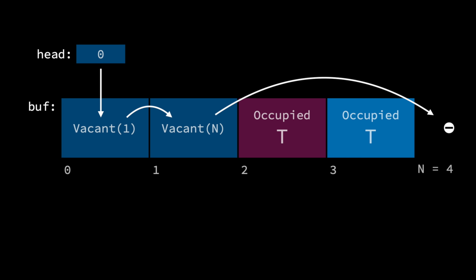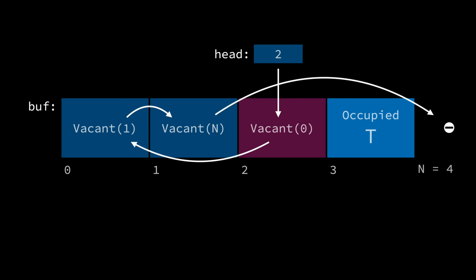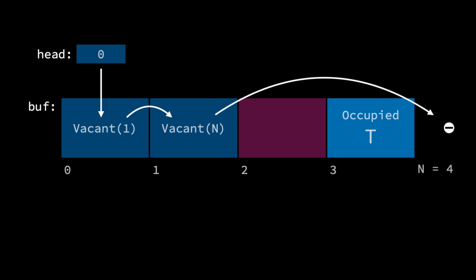One more time, to remove from index 2, replace it with a vacant pointing at the current head, and update the head. So now you can see that the linked list of vacant entries can end up in any old order depending on what the client does. If the client inserts an item now, just like before, we're going to take an entry off the head of the vacant list and put the item there. This entry says the next vacant index is 0, so we update head to point to that and then insert